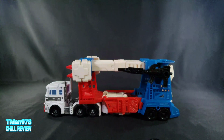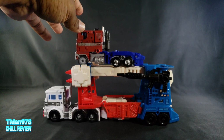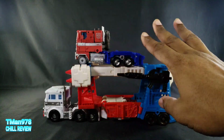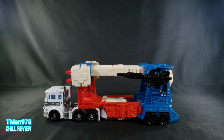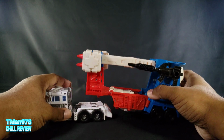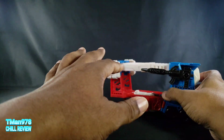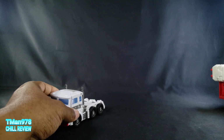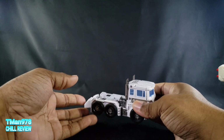here's something I can show you that I didn't show in the other video. That's what Optimus Prime looks like. But for the full Ultra Magnus experience, watch my Ultra Magnus review. This is supposed to mostly be about this, so I'm not going to be going over the transformation as far as this, except for the few new parts. But anywho,